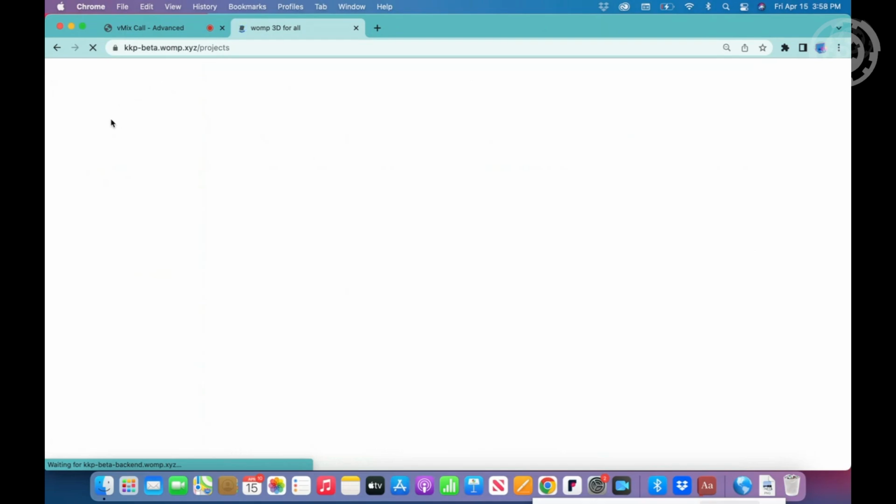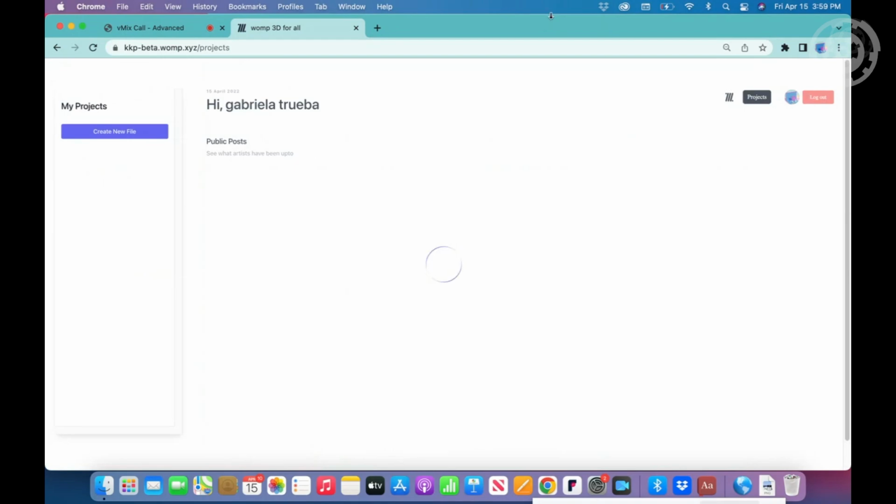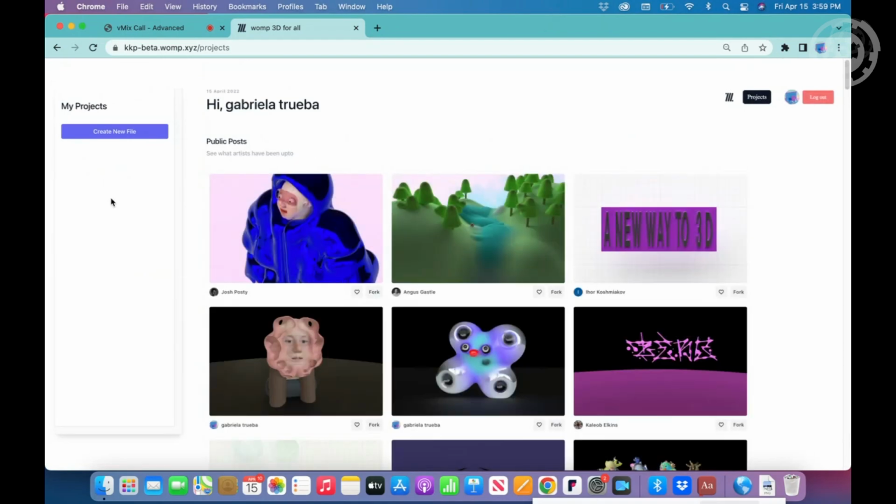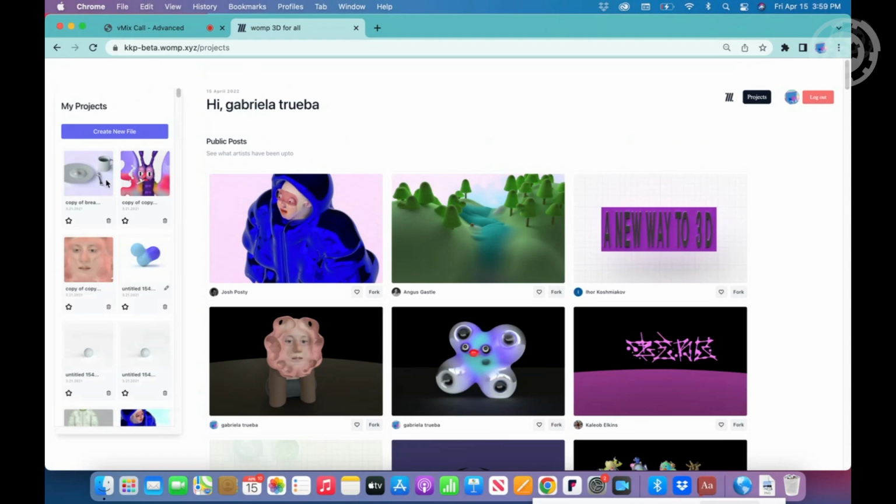And yes, why should we use Womp instead of 3D Studio? I mean, do you enjoy working with 3D Studio? For me, anybody who loves using Blender or 3ds Max or anything like that, I'll have a hard time convincing you to use Womp. But if you can imagine a family member who is not very technically inclined and they want to make something, then Womp is the solution. 3ds Max is polygon based, right? So it's surface-based modeling. So you could use 3ds Max and then import something into Womp if you want to share it with somebody else who can edit it or wants to play with it.